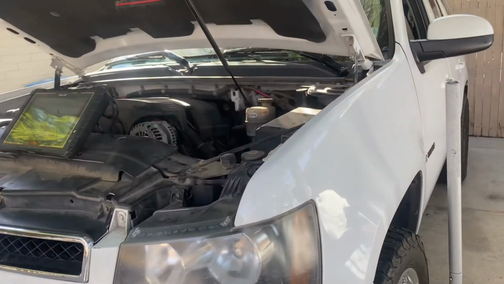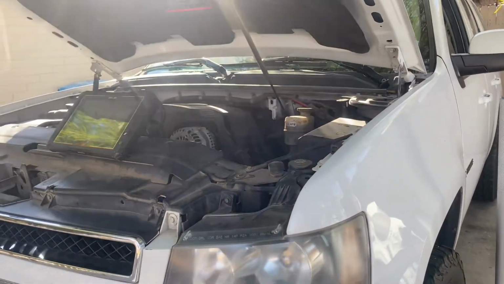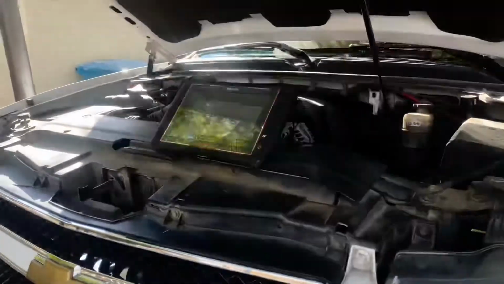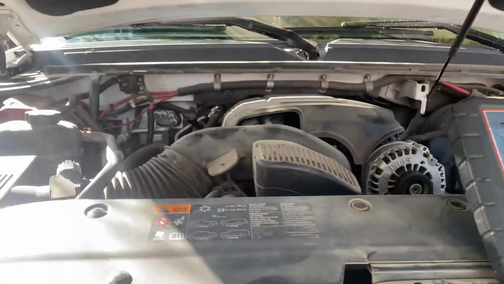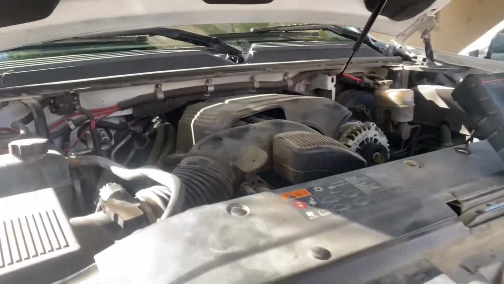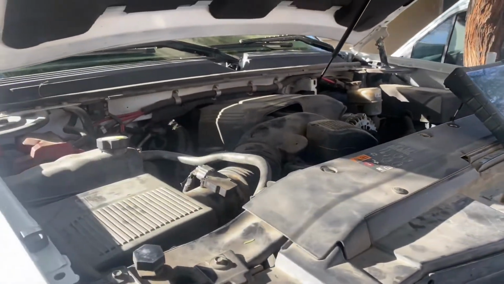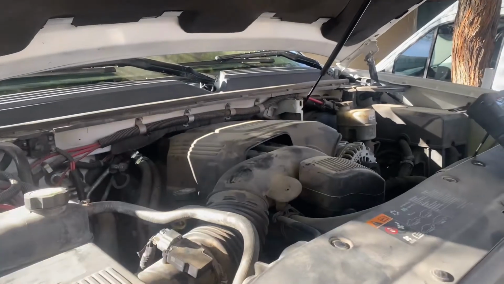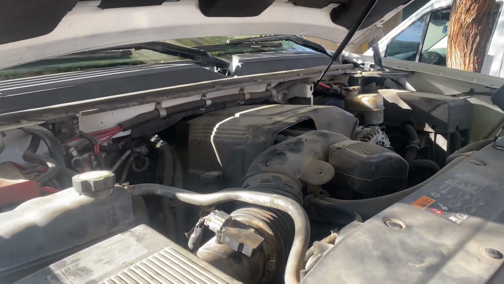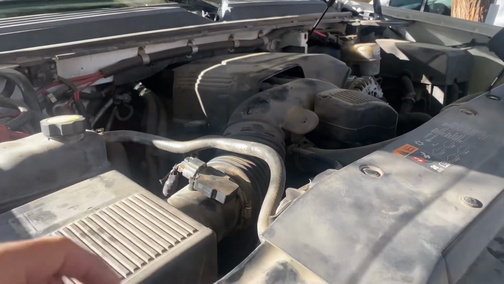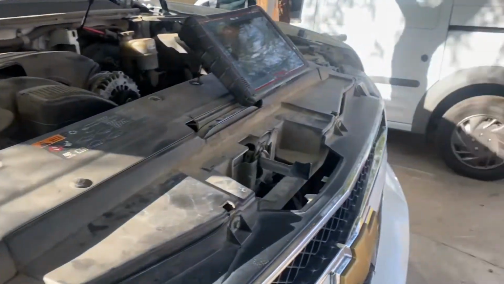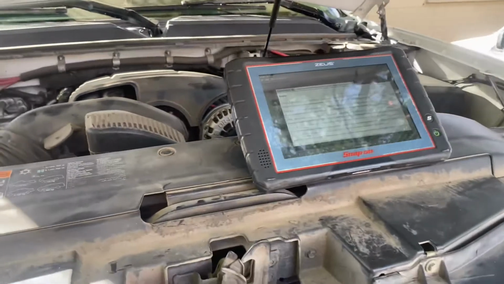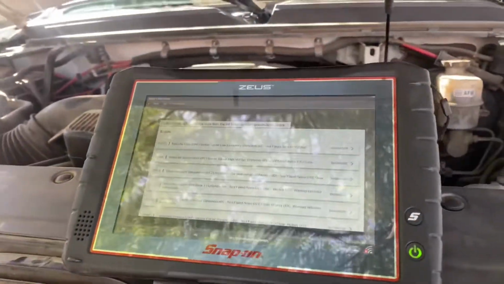But one of the things that I wanted to walk you through was that I smoke checked it, and no leaks whatsoever. I did watch the millivolts on the O2 sensors. I did the propane test through the intake air duct, and figured that they were all responding correctly and switching how they should. So I looked at my data PIDs, went to fuel trim,